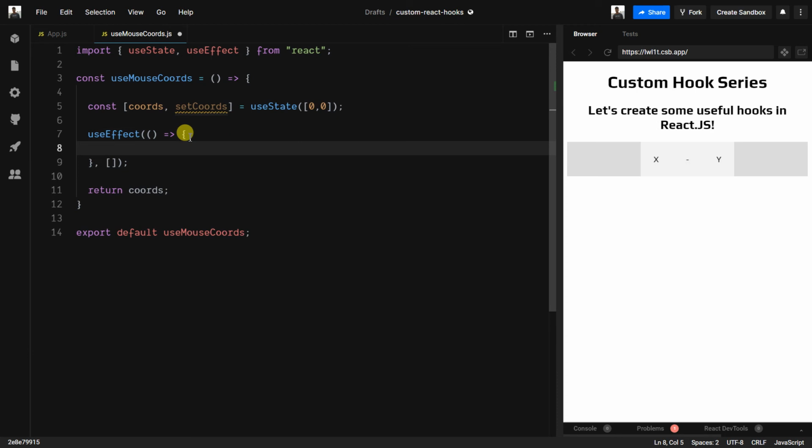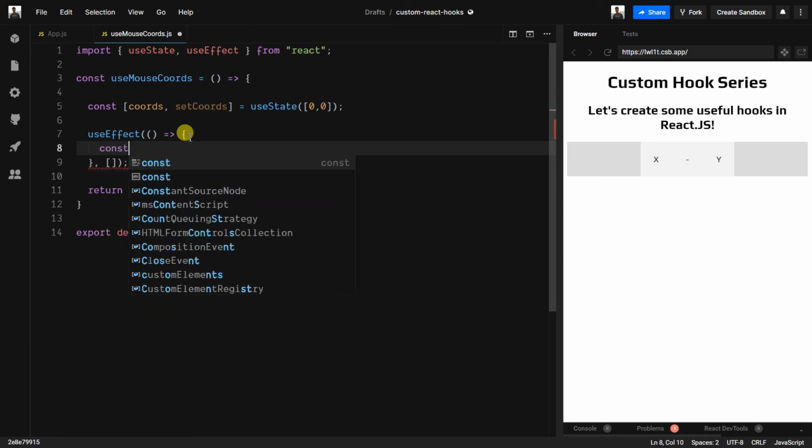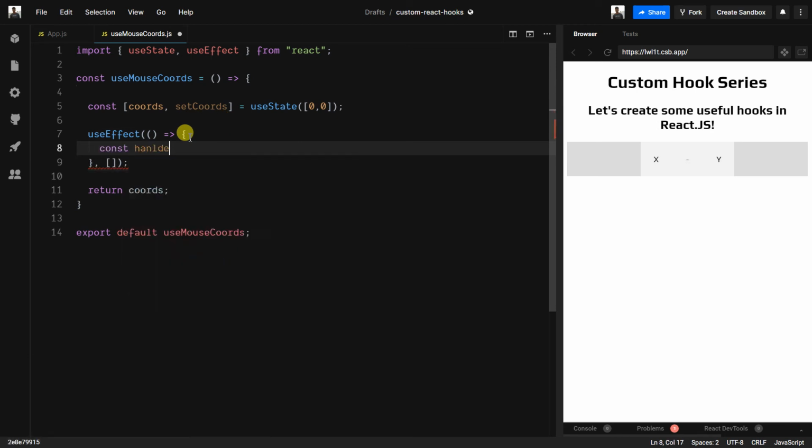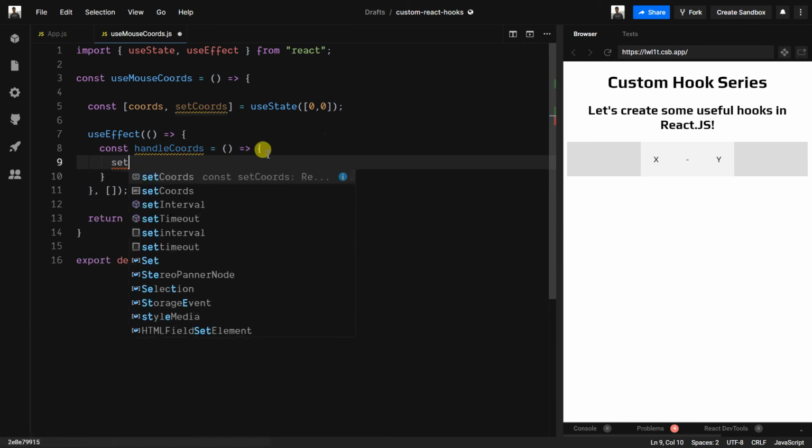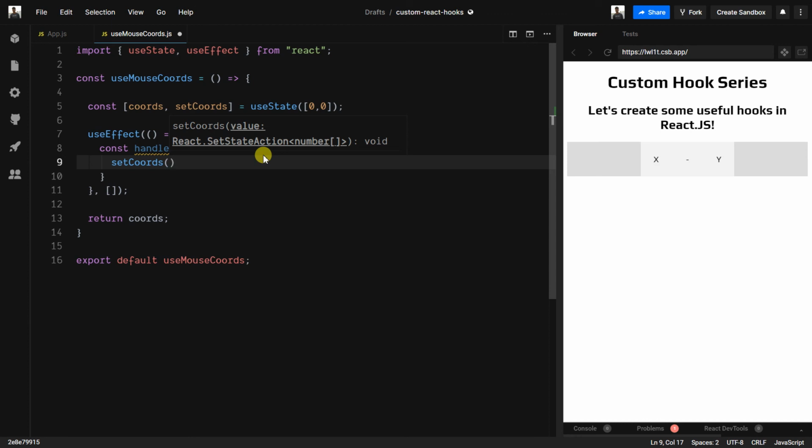In here we will create a simple function, const handleCoords. This will update our current coordinate state whenever the value is changed. This is going to be an arrow function, and it will simply setCoords.